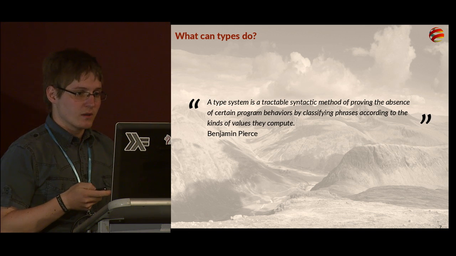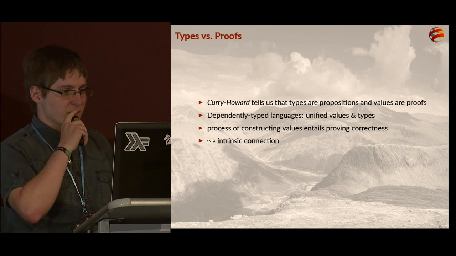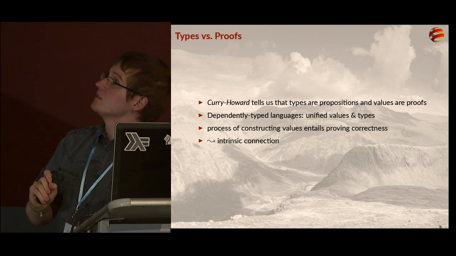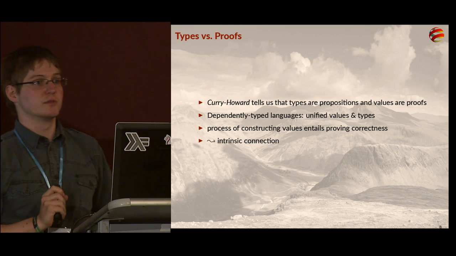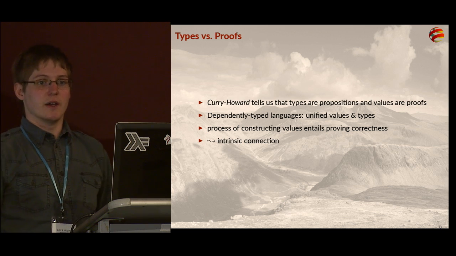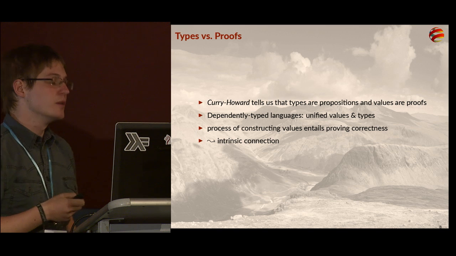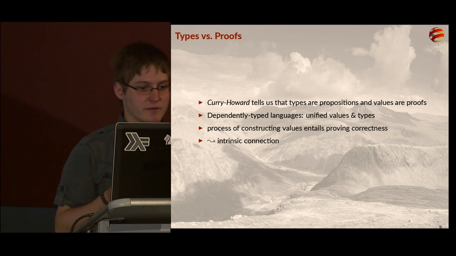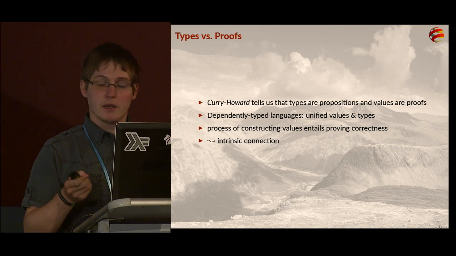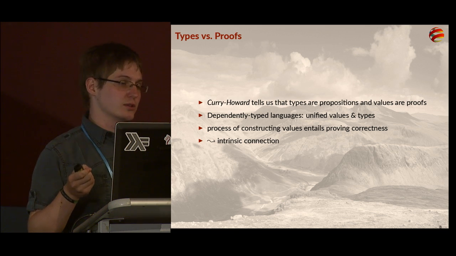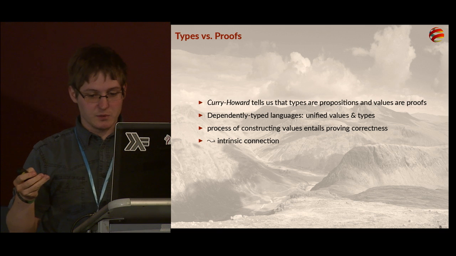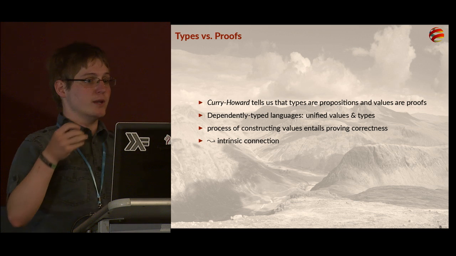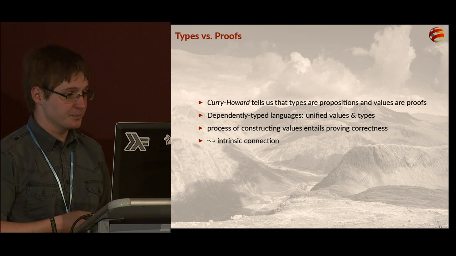And this is already quite something. And there's a theorem called the Curry-Howard isomorphism, and this isomorphism tells us that types are propositions and values are proofs. So by the very nature of writing down a type and giving an implementation for this type, you're already kind of performing some proofs. In a dependently typed language like Idris, you actually have a unification between values and types. And this makes this Curry-Howard correspondence make a lot of sense, because you can actually encode quite a lot of things in your types. And just by writing values, you can already write quite some comprehensive proofs.